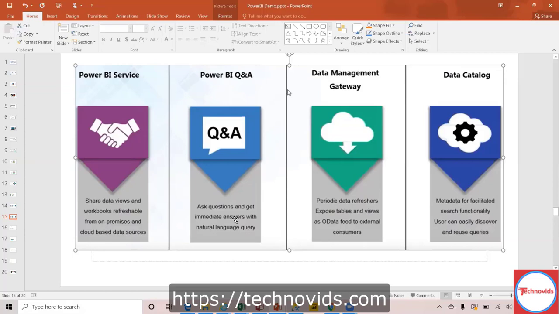Now, this gateway you understood, I think, is for periodic refresh of that data. And this is metadata. The catalog is nothing but the metadata. This is data about data. We don't use it much, and it's advisable not to tamper with the metadata because it may spoil the metadata and all those things. But in the ETL world, we generally make use of this metadata for reporting purposes. But it is advisable not to get into this. It will hamper the Power BI internal working.